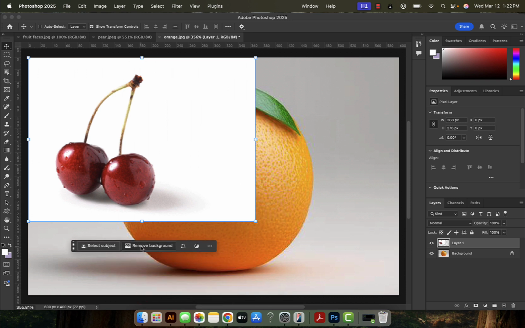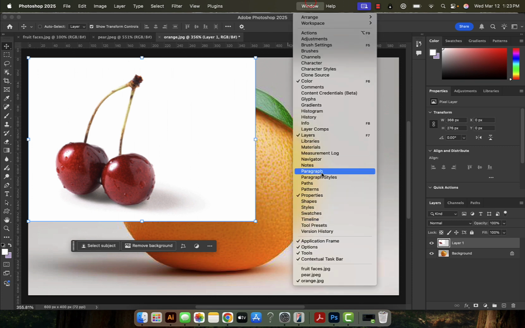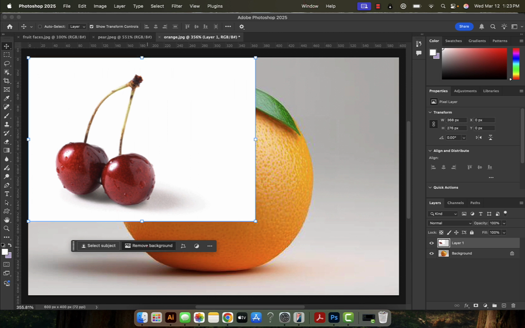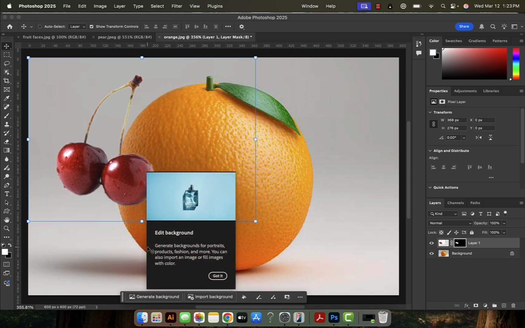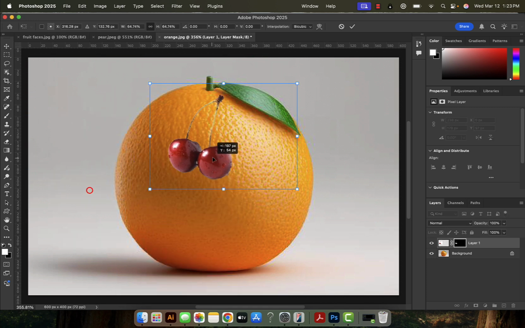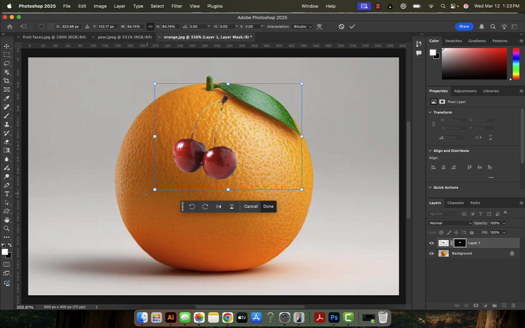See how there's a remove background? A reminder that if you don't have that, you can go to Window and find the contextual taskbar, turn that on. But mine is there, and I can look, remove background. It's as simple as clicking the button. Now I will scale this, put it where the eyes would be,